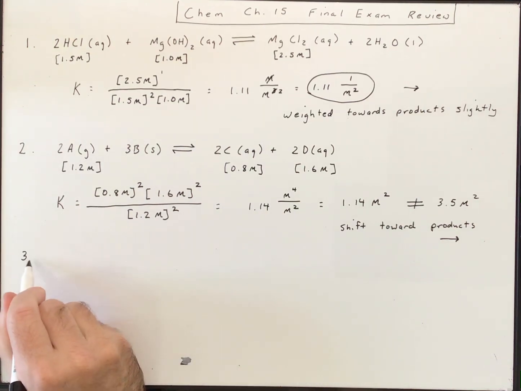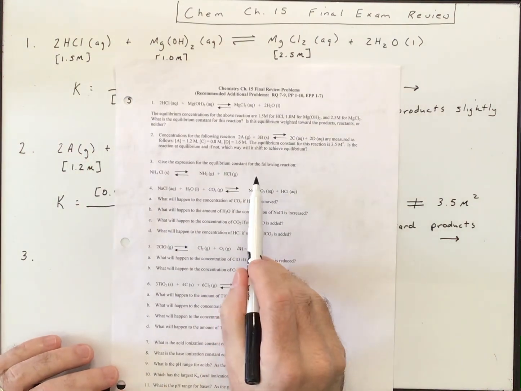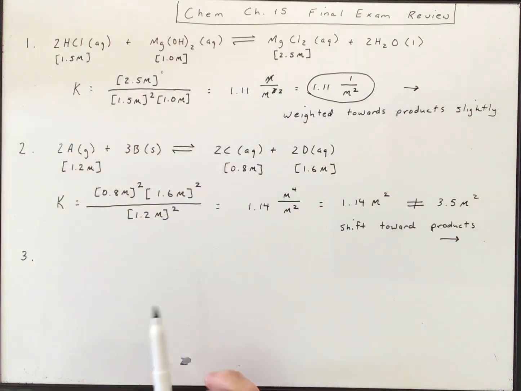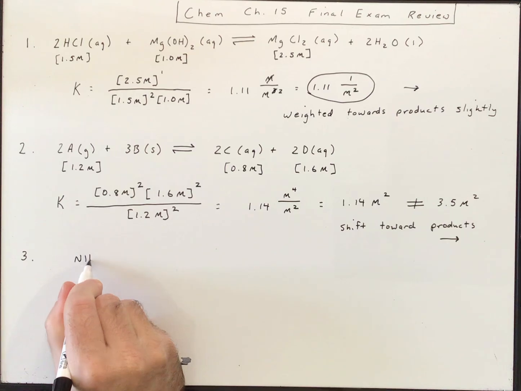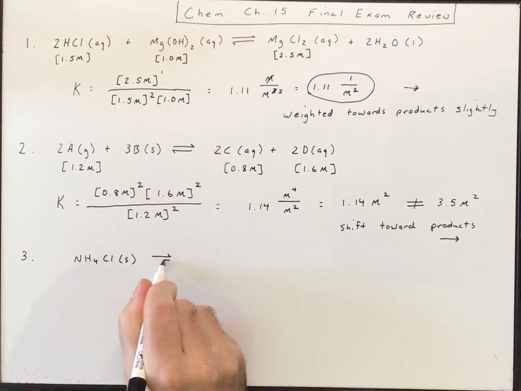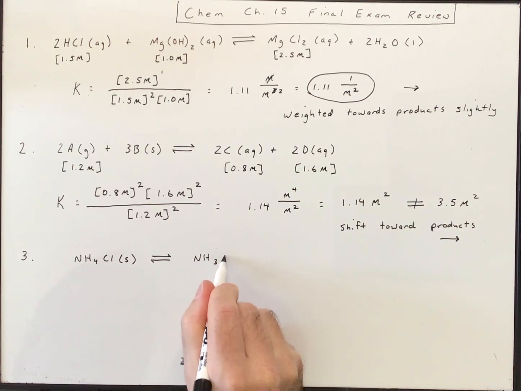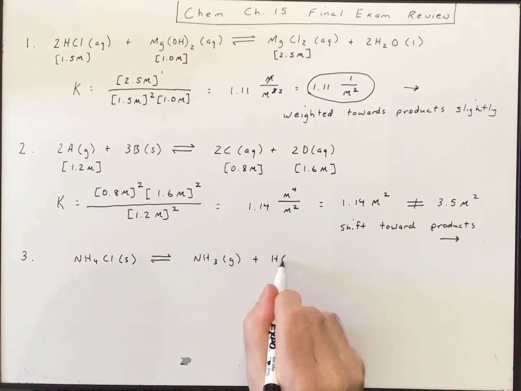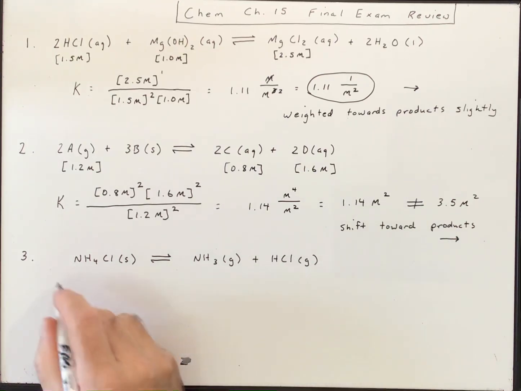Let's look at number 3. So number 3 says, give the expression for the equilibrium constant for the following reaction. We don't have any numbers here, so our expression will just simply be with our compounds. So our reaction is NH4Cl, which is a solid. And that's NH3 gas plus HCl gas. Okay, we don't include the solid